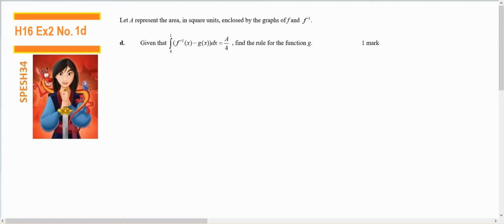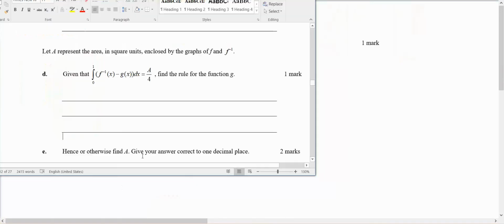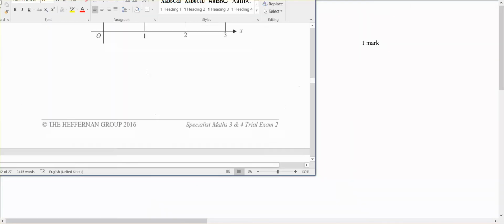This is for Year 12 Specialist. It comes out of Heffernan 2016 Exam 2 1D. So we have to look a little bit at the earlier part of the question. We have